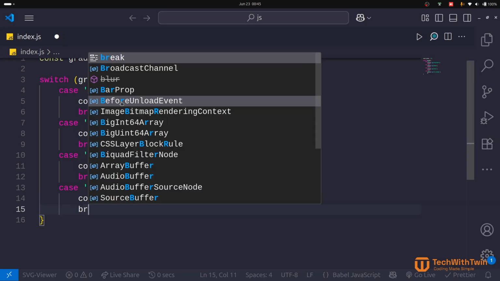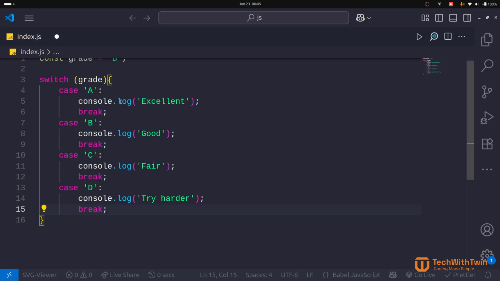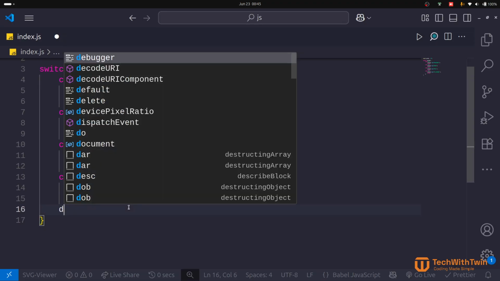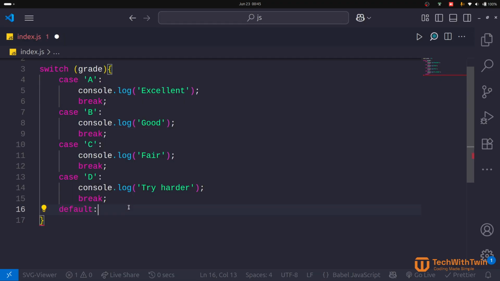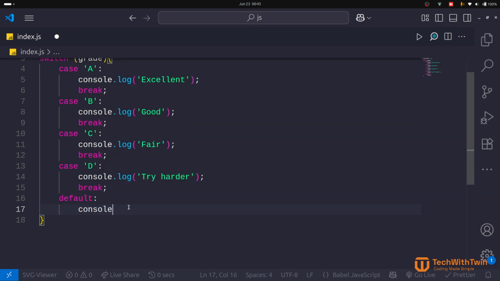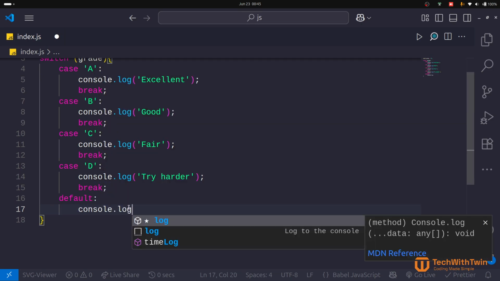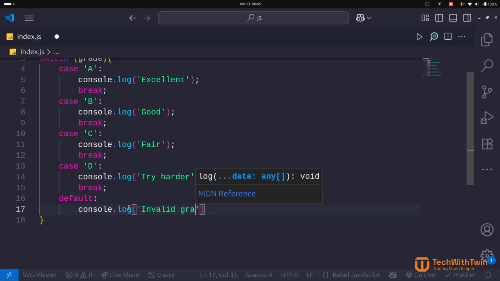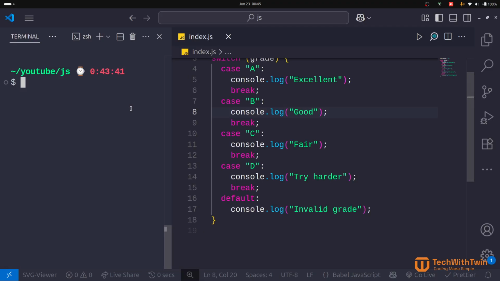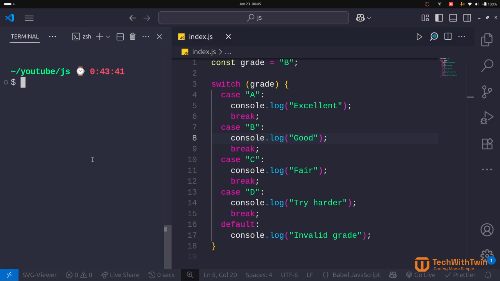And then, because we are done, we only did a case for A, B, C, D. What if someone writes a smaller case a? What if someone writes something that is not there? Someone writes a digit. That's when we have a default that will run if no case is matched. So if no case is matched, console.log invalid grade. So if we go back here and try to run this, you see we get good because it